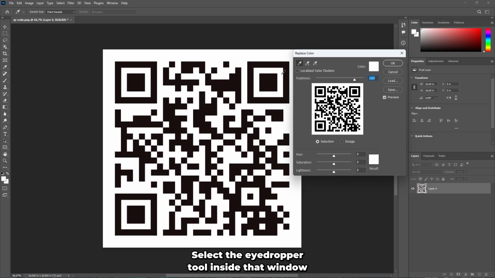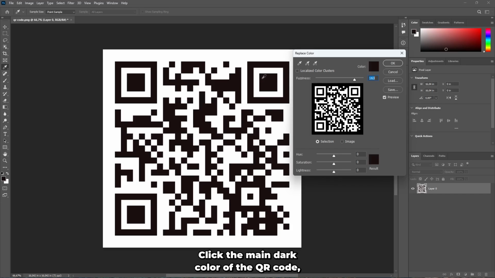Select the eyedropper tool inside that window so you can identify the color that should be replaced. Click the main dark color of the QR code, choosing a solid area within its pattern rather than the light background. Adjust the fuzziness slider gradually until the complete dark QR pattern appears selected, taking care not to include the